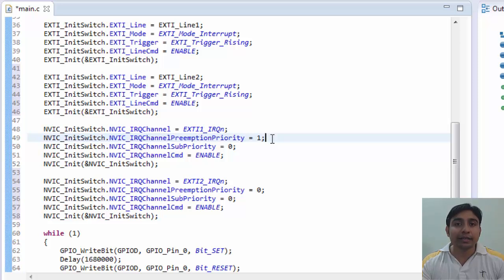Now one last thing that we have left is to write the ISR for the external interrupt line 2. That means what will happen when switch 2 is pressed. Let's write that.